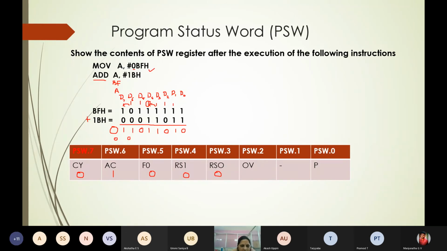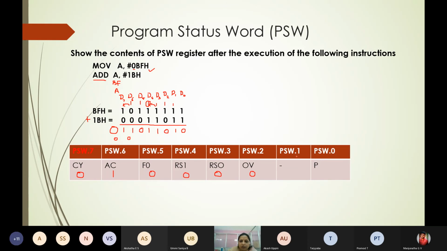If either of these is 1, in that case the overflow flag is set to 1, otherwise it is set to 0. Since there is no carry from D6 to D7 and no carry out of D7, the overflow flag is equal to 0.